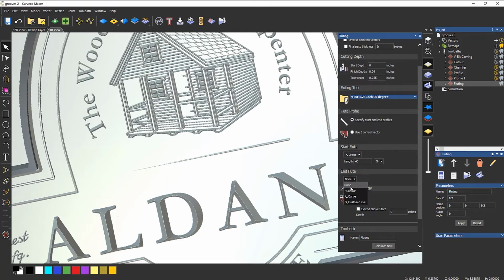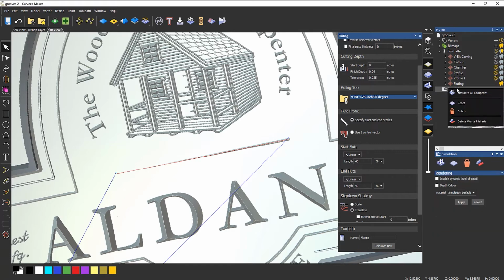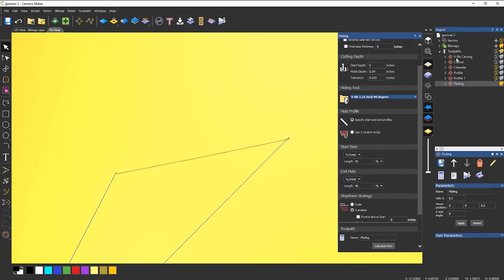Then I'm going to use a linear end flute, and when it gets to 40% that is left of the line, it's going to start exiting. So if I calculate that,